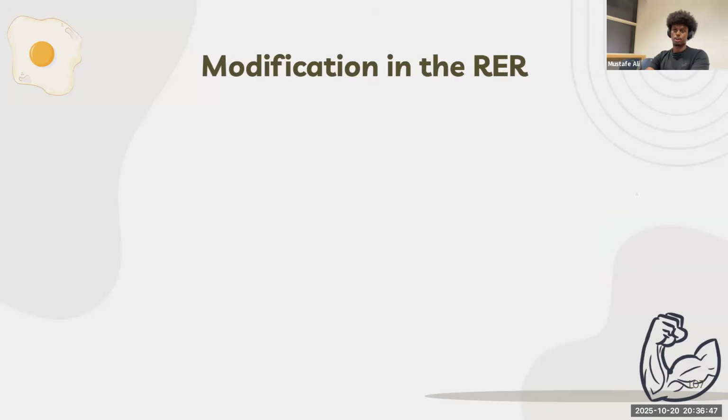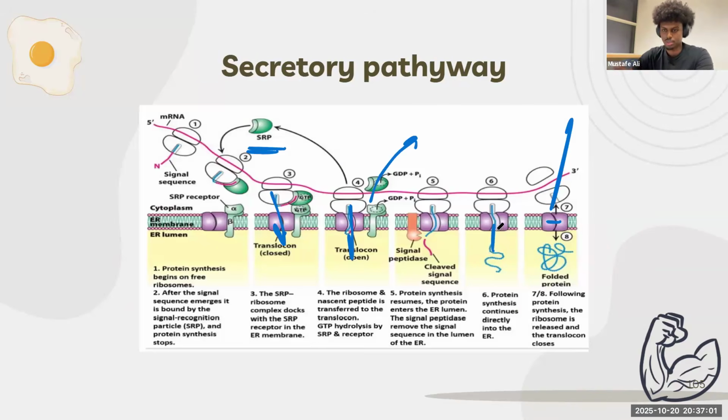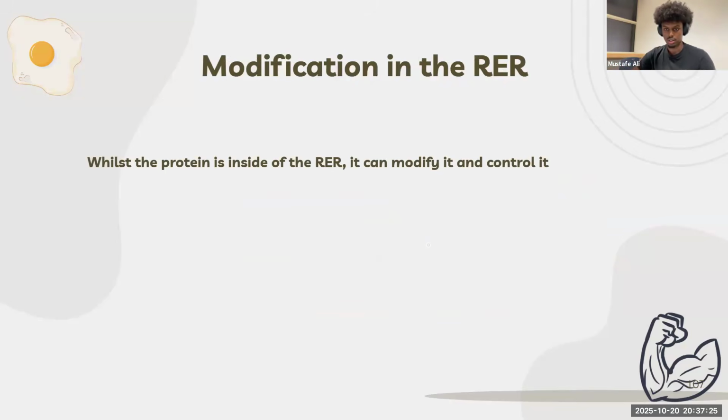Now the protein is inside of the RER, right? I didn't mention it because it's not too important, but there is a signal peptidase, which breaks off the signal sequence whilst it's inside of the cell. It just removes it and gets rid of it. But it's not really important, in my opinion. The signal peptidase is just an enzyme present here, this one right here. It breaks off this signal sequence. All good? All right.